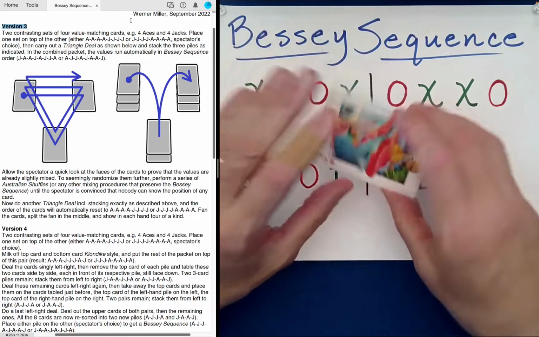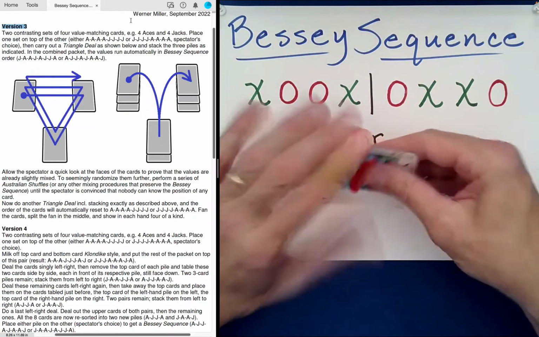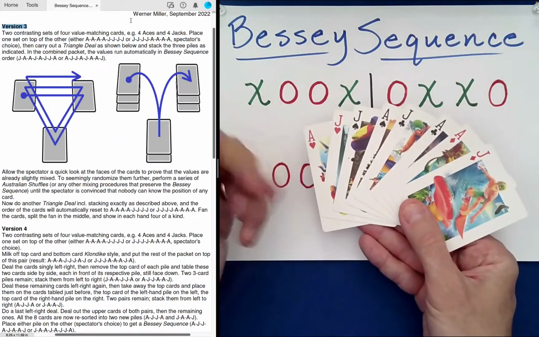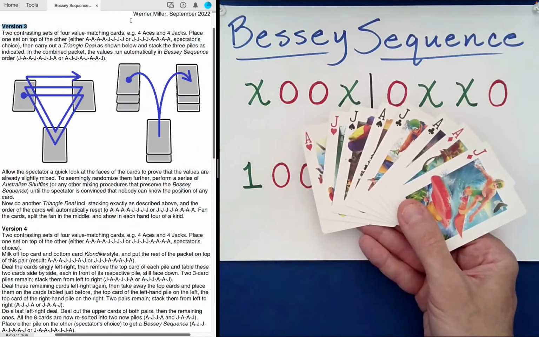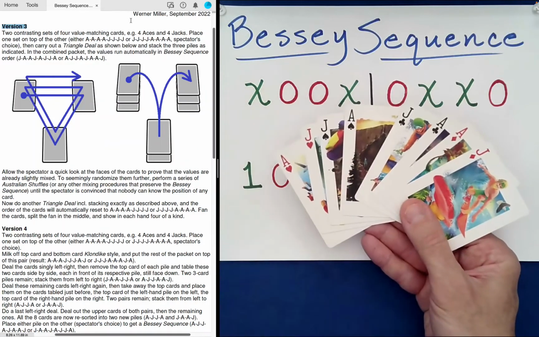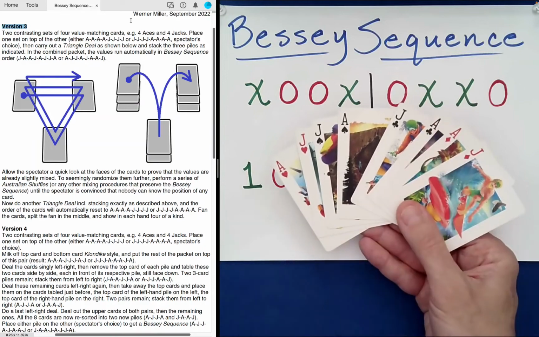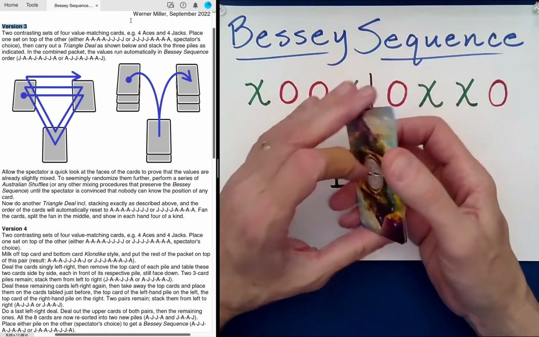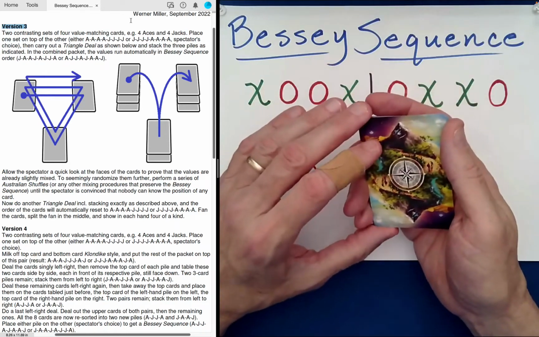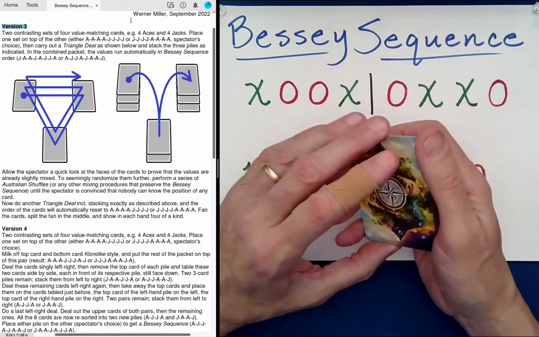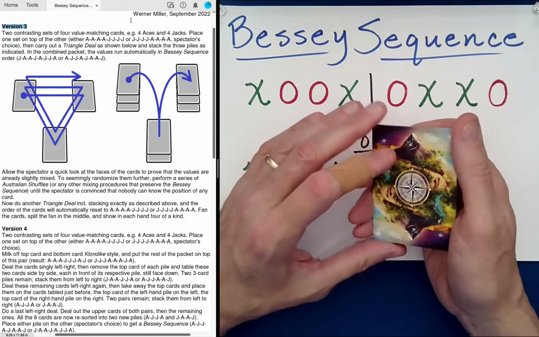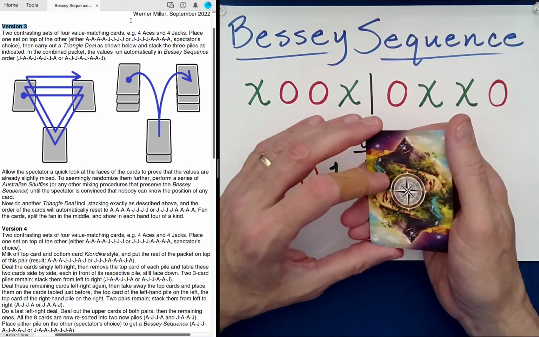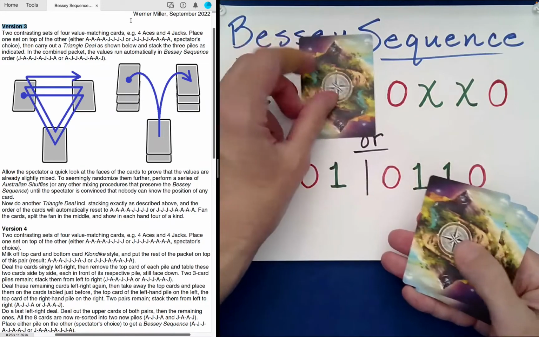Let me just show you that. Australian shuffles preserve Bessey sequence structures, and so you can see that it's done that. We have an ace, 2 jacks between another ace, and then we have 2 jacks on the end with 2 aces in between. That is a Bessey sequence. So from here, to undo the Bessey structure, he recommends the following. Just perform the triangle deal a second time. Unbelievable. So you just go in clockwise